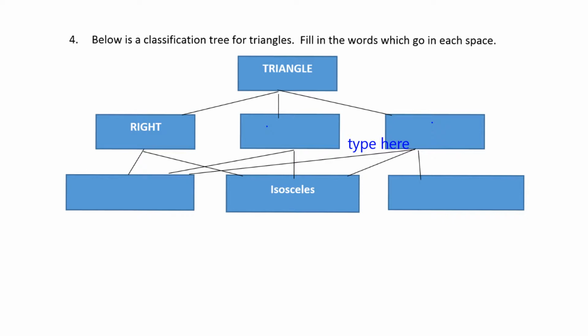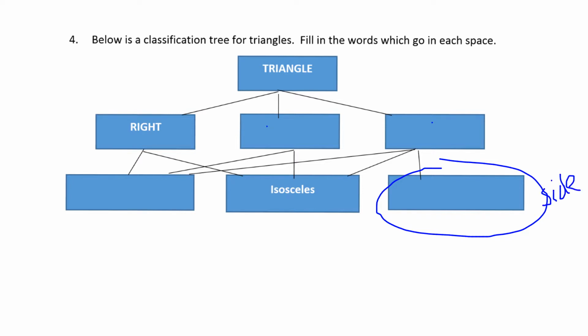Whenever you're doing this, what I always try and look for is the one box that doesn't have anything else going to it. This is the one box that doesn't have anything else going to it. This one right here. And that one box, if it is one of the side classifications, for instance, isosceles is a side classification. They're looking at the sides of the triangle. This one here would be another side classification. This one here would be another side classification. The other two side classifications are scalene and